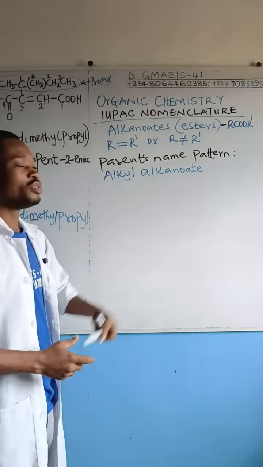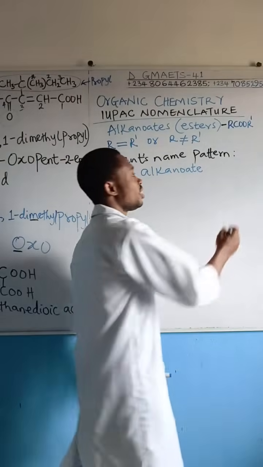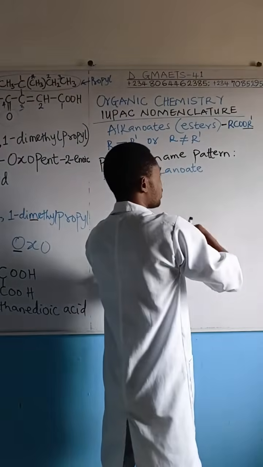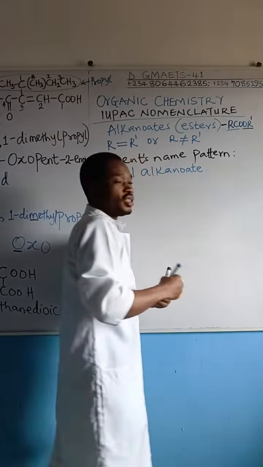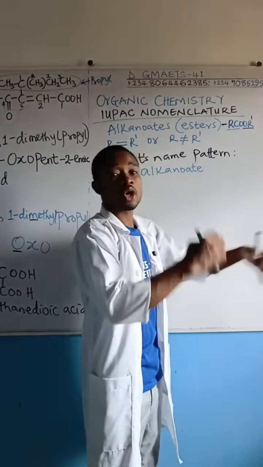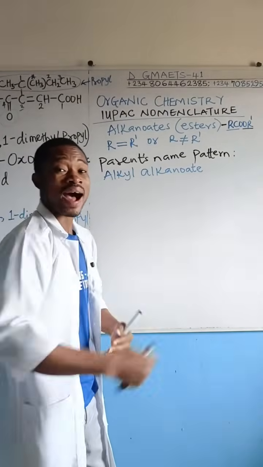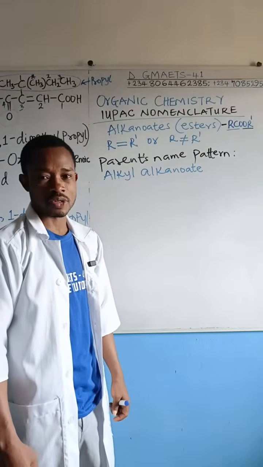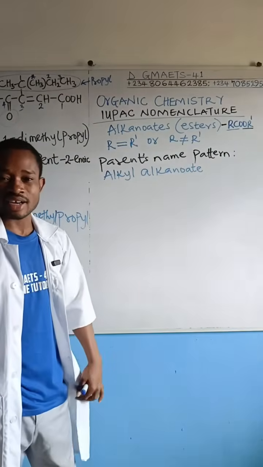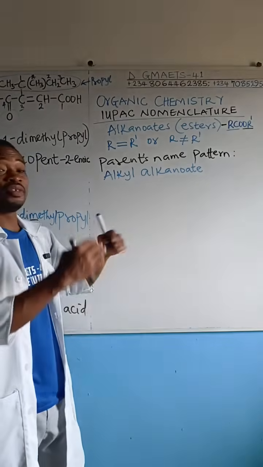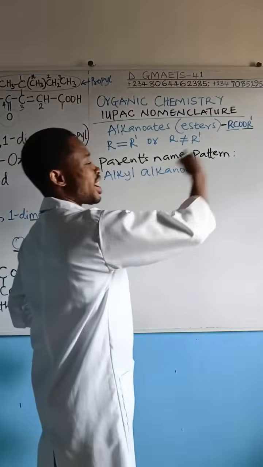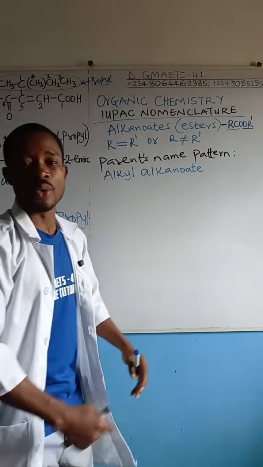Now, this is the pattern you name the parent of this guy. Now, the alkyl is obtained from this part, and the alkanoate is obtained from this part. This is the OH part, and this is the alkyl part. This OR prime comes from alkanol during the esterification reaction process. Then the RCO comes from the alkanoic acid. So if you are naming the esters obtained, it's going to be starting from that alkanol part. You name it as alkyl. Then you conclude with alkanoate